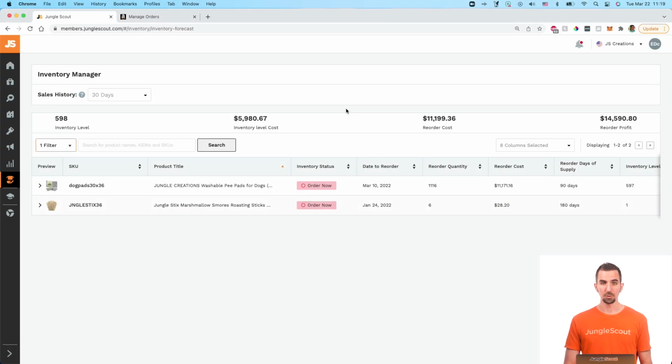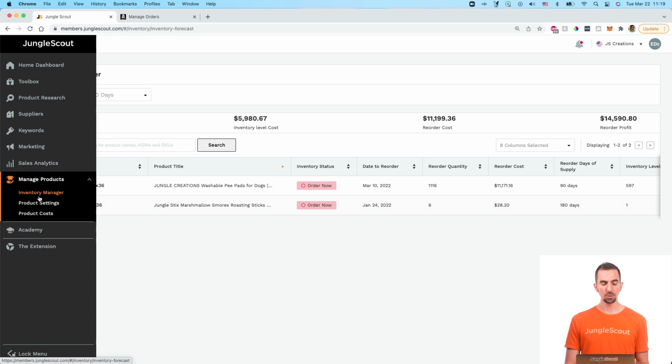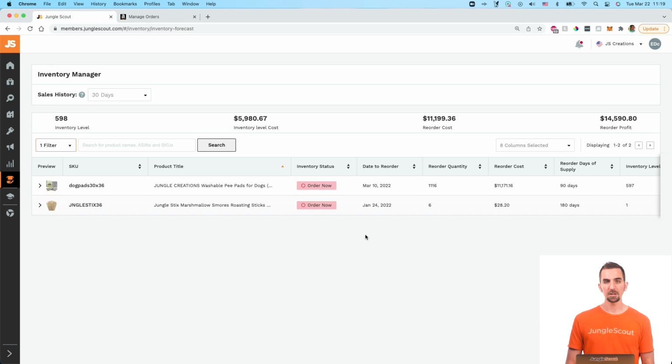The Inventory Manager tool allows you to make sure that you're staying in stock with Amazon, which is critical for maintaining your sales rank and keeping your customers happy. You can find this tool in the left-hand menu under the Manage Products section. And once you've entered information in product settings about your lead time and the number of days supply that you normally order, the Inventory Manager tool will calculate exactly which date you need to place your next order to remain